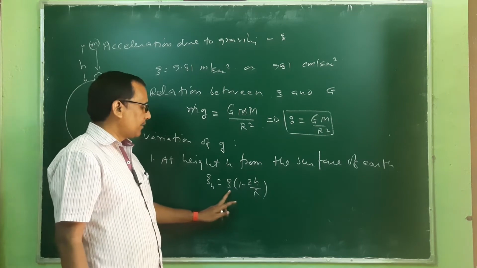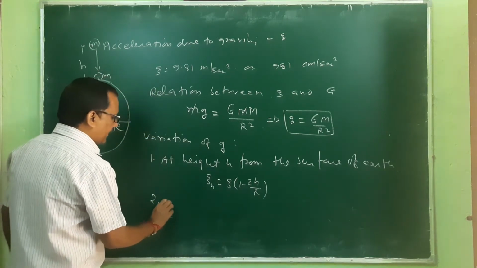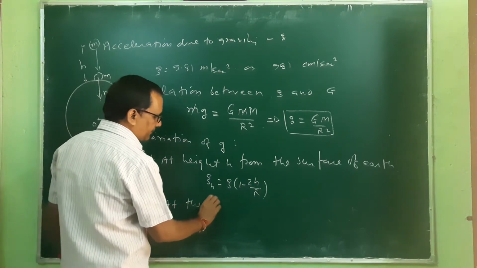So this is g h is equal to g times 1 minus 2h by R, and second,